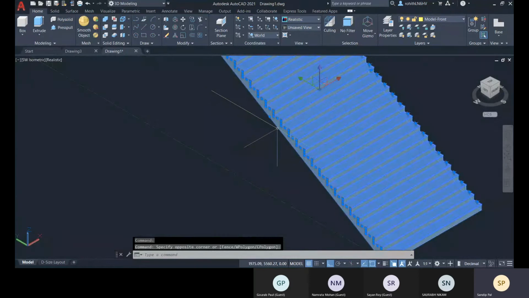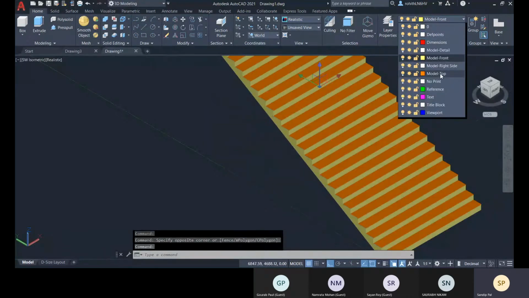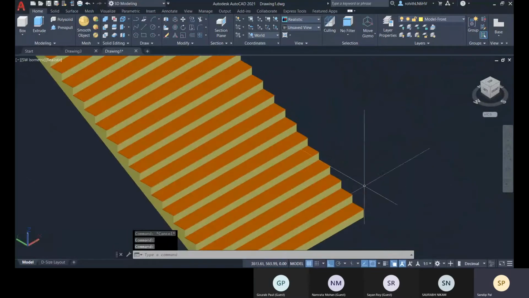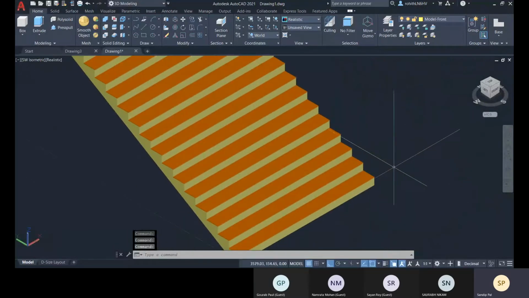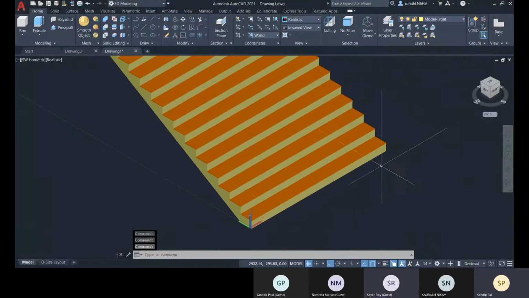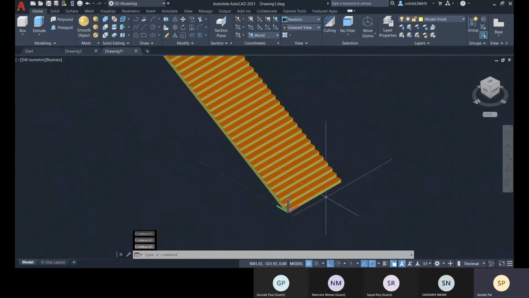Let me deselect this and let me change it to model top. Is this okay? Yes, sir. Yes. Now it is fine. Okay. All right, then